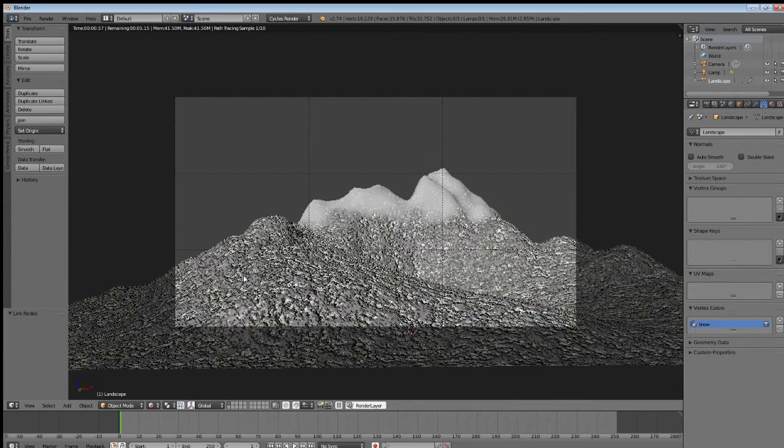Okay, so once again, I'm sure you can hear my voice, but you cannot see my mouse cursor moving. Hopefully it is rendered just enough for you to see basically what we have. We should have the snow on the top of the mountain. We should have the rocks on the rest of the mountain, which is exactly what we're looking for. And it looks pretty good. There's a couple more things that we still need to do. So I'm going to go back to my node editor,